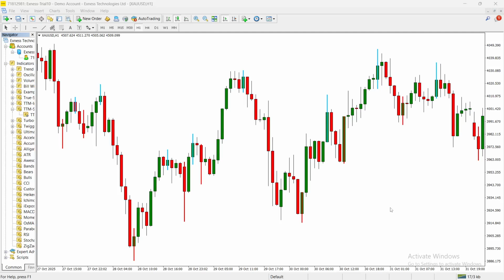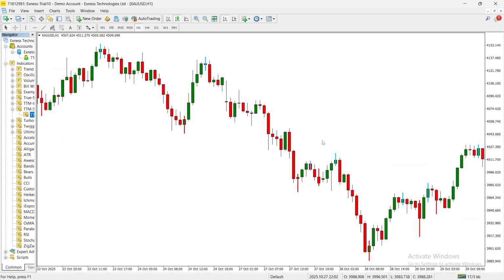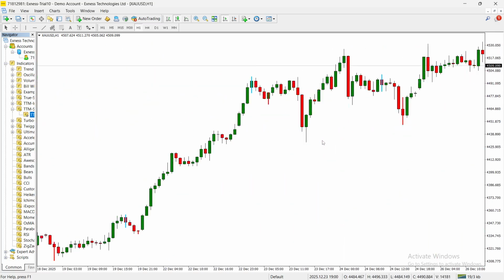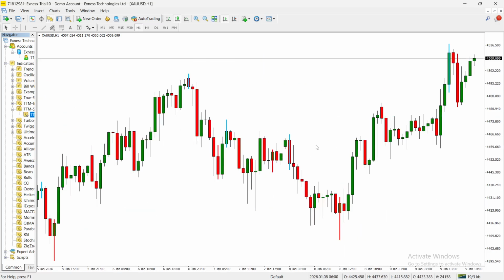Hi traders, in this video we are looking at the TTM Scalper Indicator for MT4. This custom tool from the Trade the Market suite highlights short-term price trends and potential reversal points using color-coded visual cues designed specifically for high-frequency scalping strategies. In this video, you will see how the TTM Scalper works, how signals are presented, and which trading strategies are